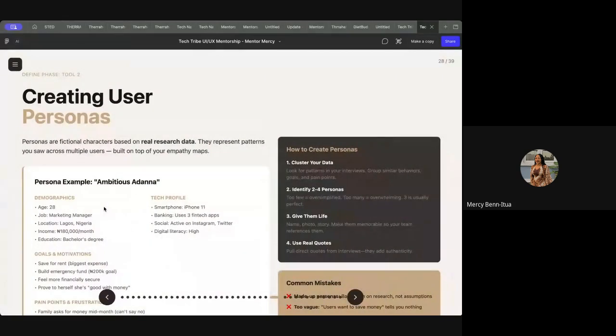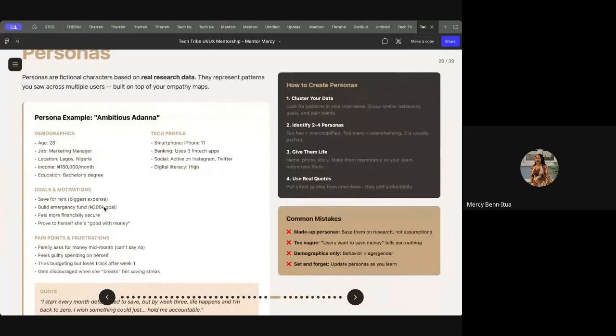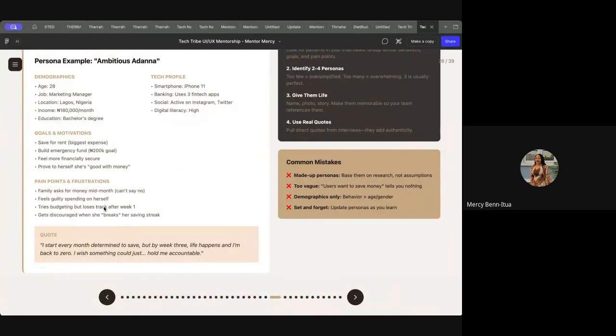Now, we also moved into creating user personas, just the way John and Etudo have created theirs. They've created user personas that represent certain groups of people, and those user personas basically would now guide how they would create the features they want to create, how they will design it, making sure that they have the goals and motivations of their users in mind